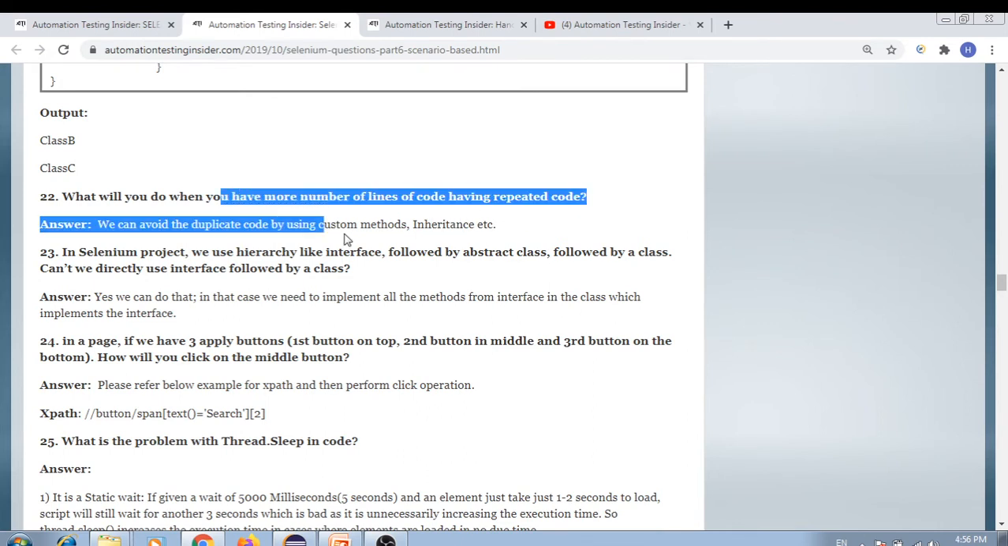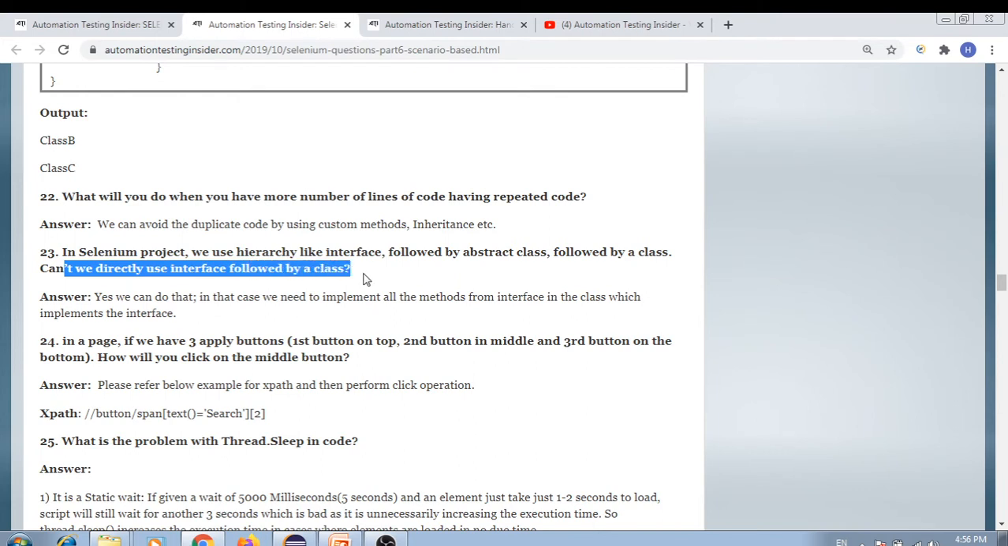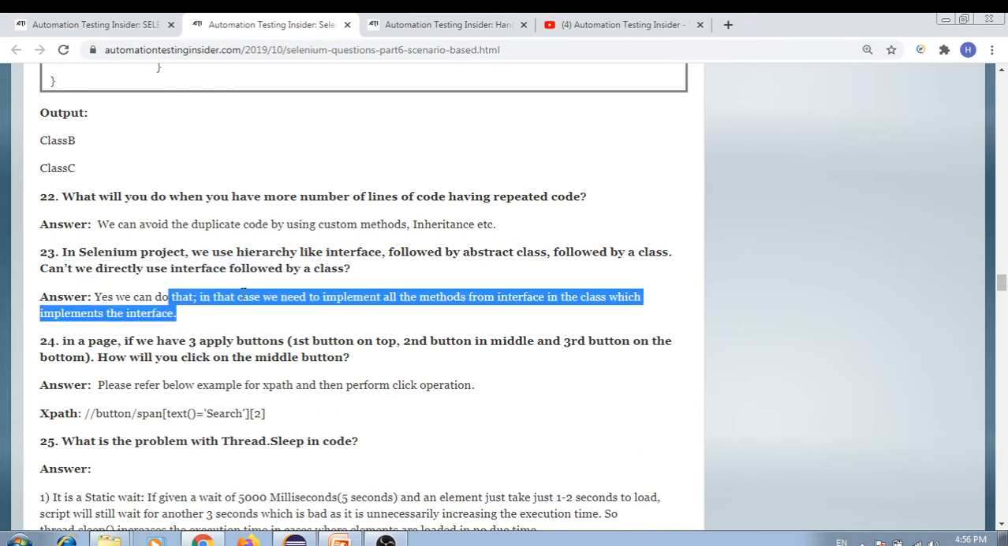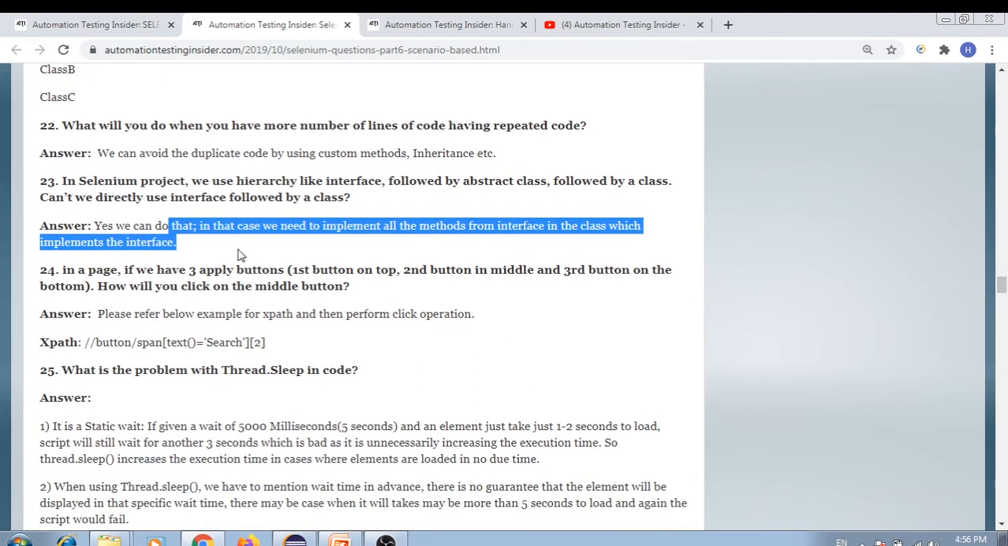Yeah, sorry, this is what we have discussed. In a Selenium project we use a hierarchy like interface followed by abstract class followed by a class. Can't we directly use the interface followed by a class? Yes, we can do that. In that case, we need to implement all the methods from the interface, right? In the class which implements the interface, obviously, because all the methods in the interface are abstract in nature,